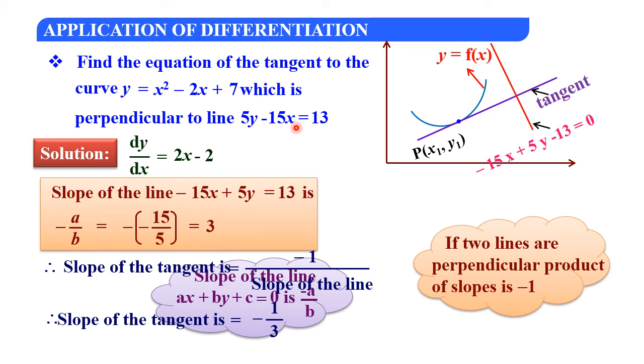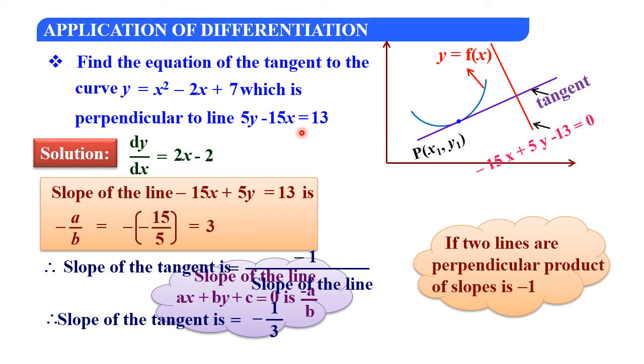In this line you can get the slope. Convert this line into the slope intercept form of y in terms of x. So 5y keep as it is, minus 15x, after taking to the right hand side it will be 15x plus 13. So 5 you divide with this 15x as well as with this 13, so that here you will be getting y equal to 15 divided by 5, in the sense it is 3x, and 13 divided by 5. So totally y is equal to 3x plus 13 divided by 5. So 3 is called the slope of the line.